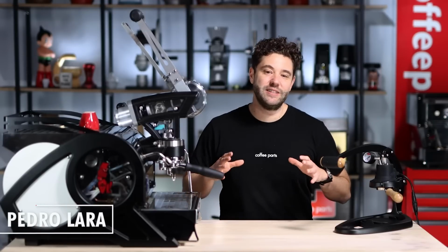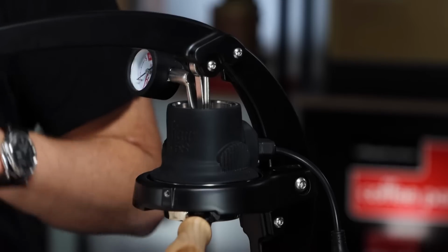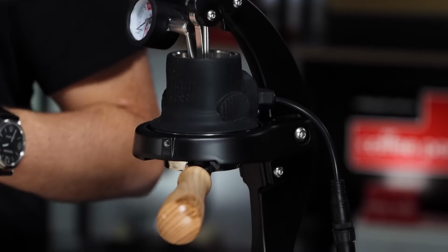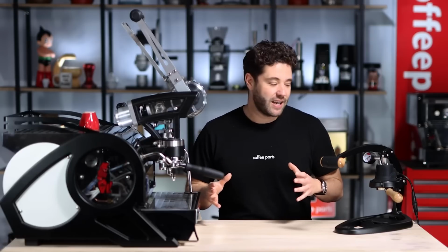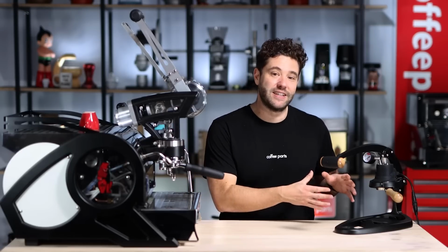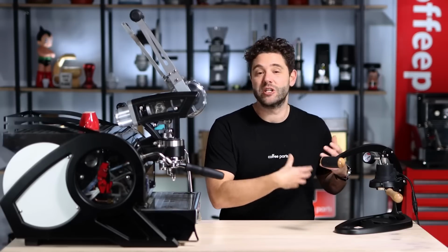Now, I know these machines are worlds apart in price and size. Both of them are lever machines and both of them do espresso. So it'd be nice to see which one wins. Now, the Flair doesn't do milk and you have to preheat it and have a temperature controlled kettle, so there's